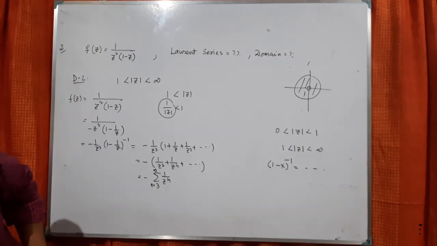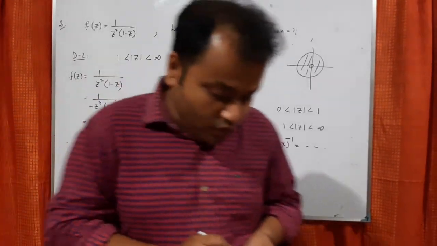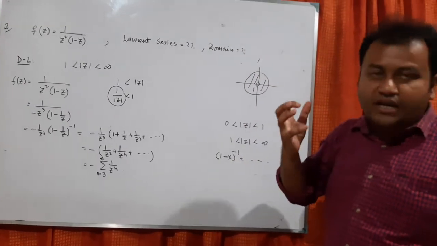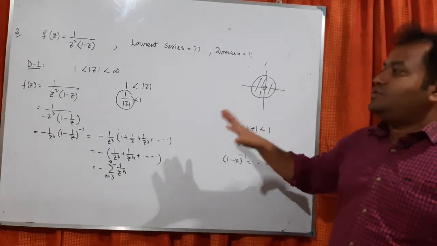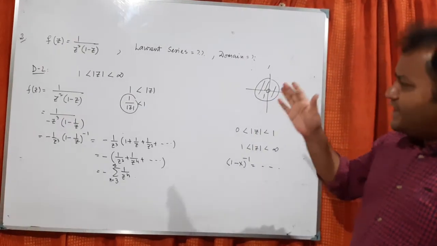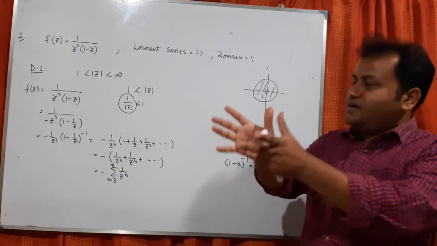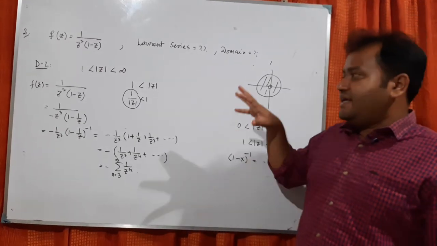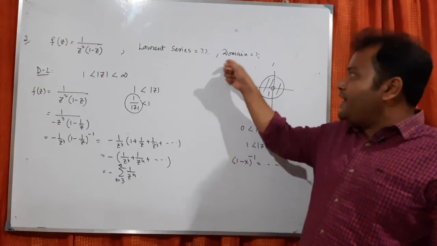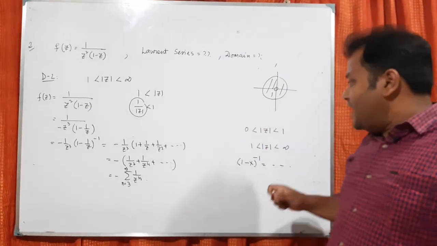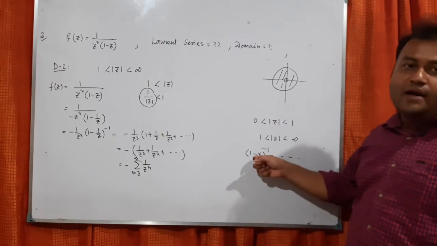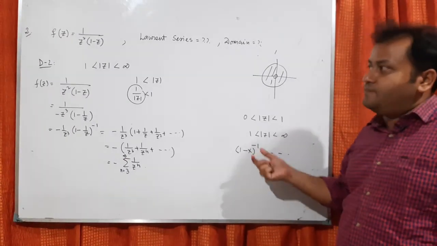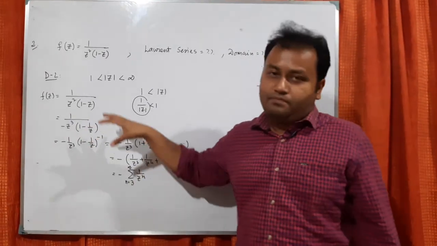So I think that's all for today's class. What we have discussed is basically the idea of an annular region, that is some ring kind of structure, and there we have given you a series which is called the Laurent series. In that Laurent series there are two parts, one is the positive power, one is the negative power, and we have shown that when you try to do a problem, the domain is very important, what is given. You have to make it in the form 1 minus x power minus 1 such that mod of x should be less than 1. So basically you have to play with the term and you get this idea.